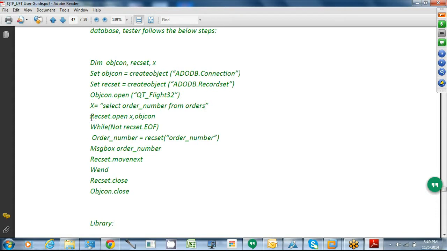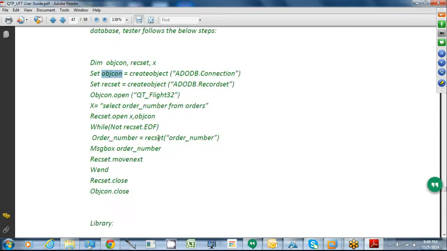So now the record set, you have to open the record set also. You have established the database connection object, then you have opened the database, then you also created the record set. Then you have to open the record set after creating the SQL query here. That's what I'm doing. So recordset.open will take two arguments. One is the SQL query itself, the second one is the opened database, the database connectivity object itself. So both are passed here.